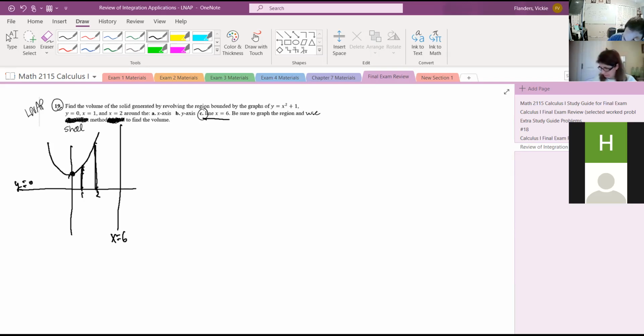Okay, so I'm going to just draw in a generic shell. The shell is going to be here, and it's going to rotate around the line that we're saying is the line of rotation there, like that,